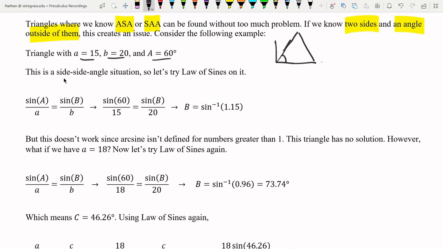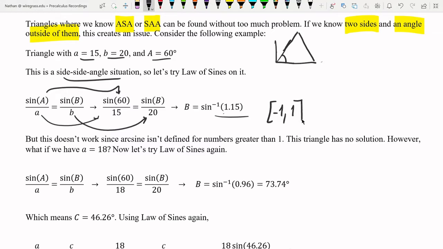So the side, side, angle situation, let's try law of sines on it. We know A is 15 and the angle opposite A is 60. We also know that B is 20. So you can solve for this thing. We get B equal to sine inverse of 1.15. But this doesn't work. Arcsine is only defined on the domain -1 to 1, which means that this has no